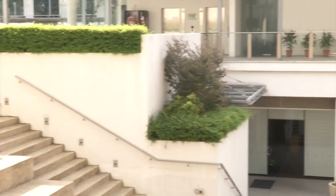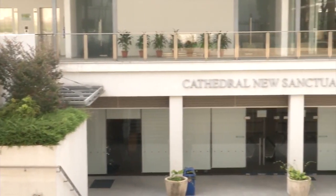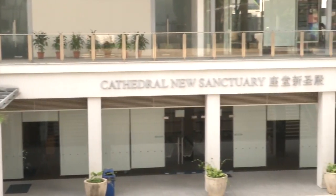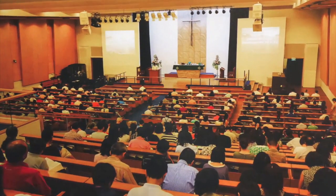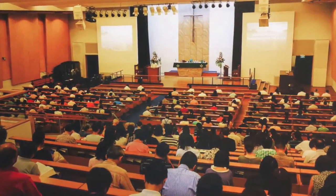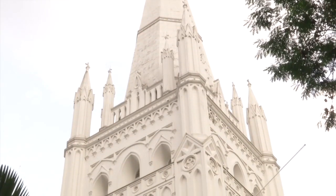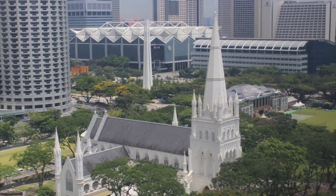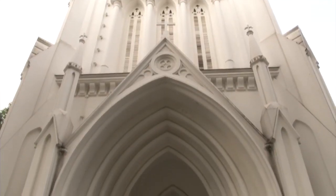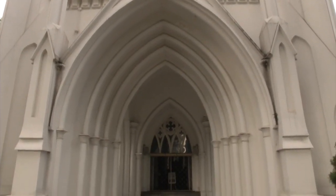the cathedral. Nestled beneath ground level is the Cathedral New Sanctuary, completed in November 2005. Built on the North Lawn, the 3,221 meter square building with 2 basement levels houses a new worship hall that can seat 800 people. Its majestic facade with extended pinnacles and glossy white exterior stands apart from the modern skyscrapers it is surrounded by. Its intricate English neo-Gothic architecture largely contrasts against the great monoliths and skyscrapers made of concrete